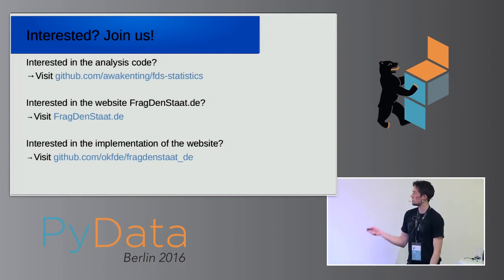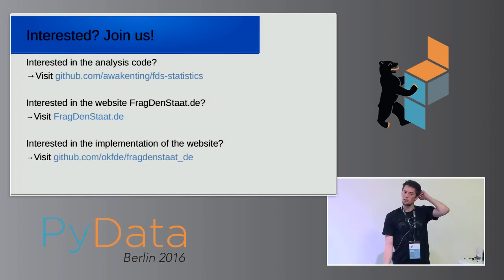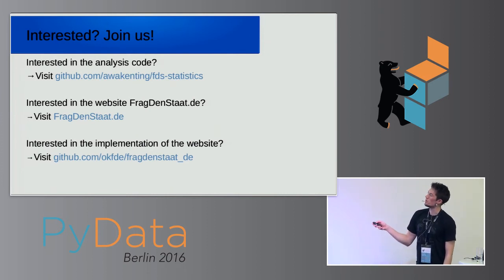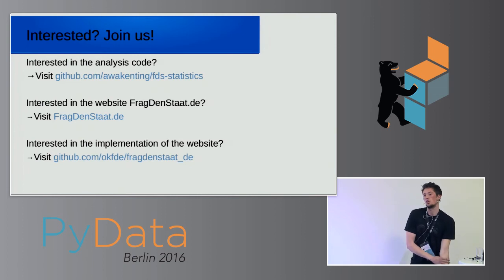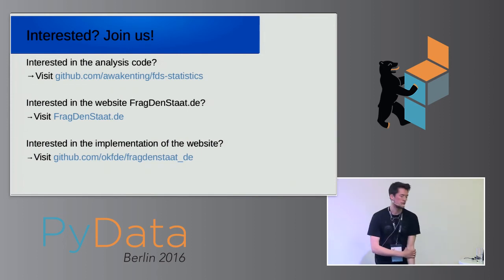The code that I wrote is on this GitHub page. Maybe give me some time to make the last commits today because it's not up to date. Also, the web page is here, and it's actually also on GitHub, and it's implemented as a general framework for freedom of information portals, in Django. So they're actually also looking for people to help in the development of that. And that should be it. Thanks for your attention, and feel free to ask.